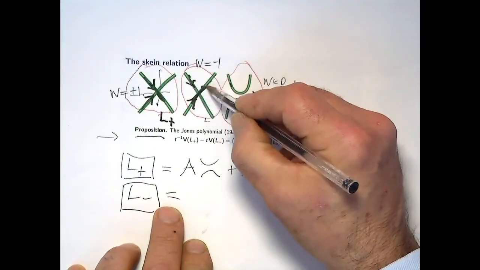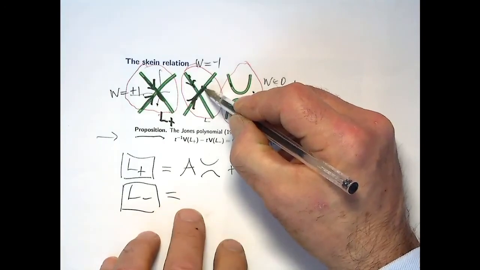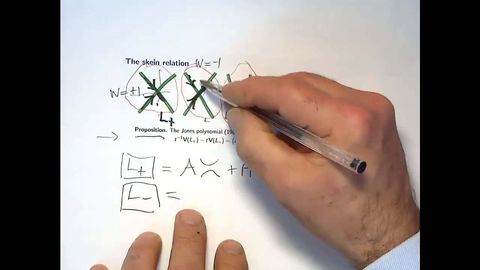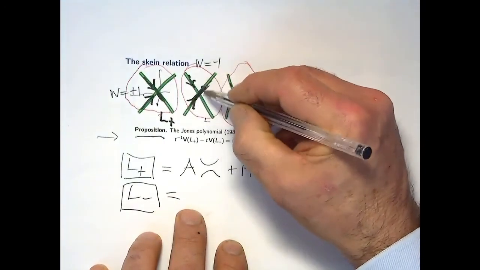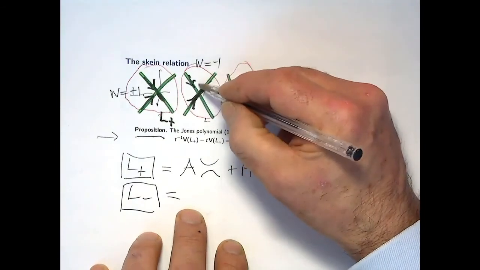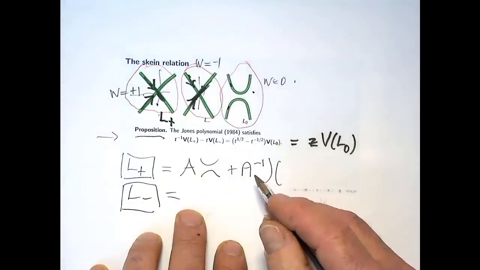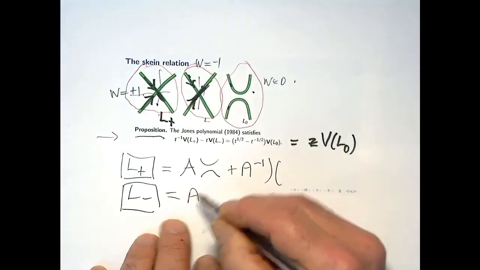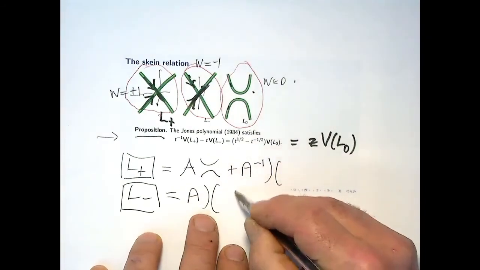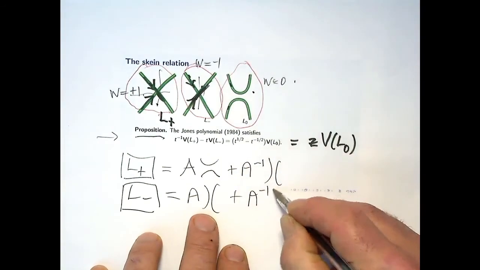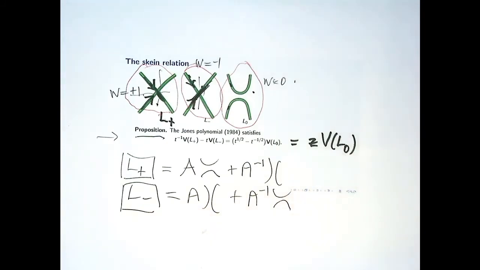So L minus, if we do it from scratch, think of the x-axis going that way. For the Kauffman bracket, the orientations are irrelevant, so I'm joining up the first quadrant and the third quadrant. That would give me A times this configuration, plus, I'm just swapping the two configurations over like that. You then put in the writhes,